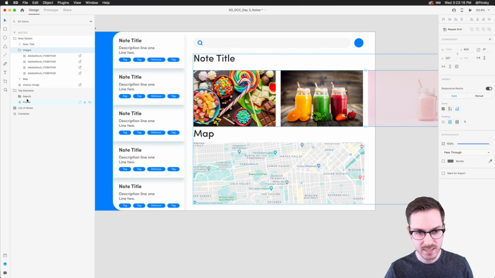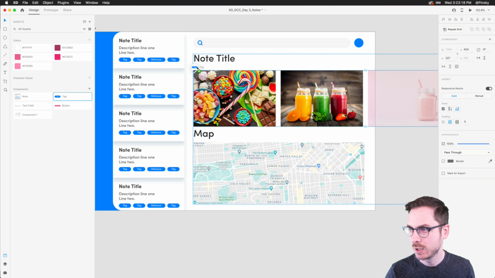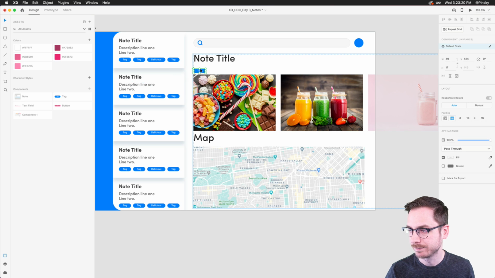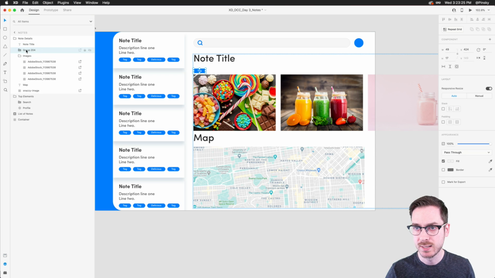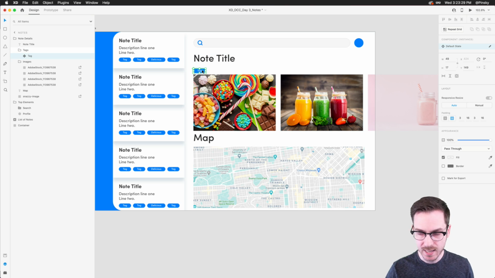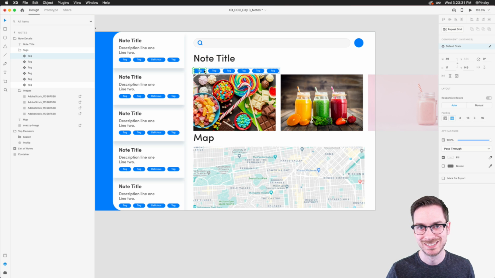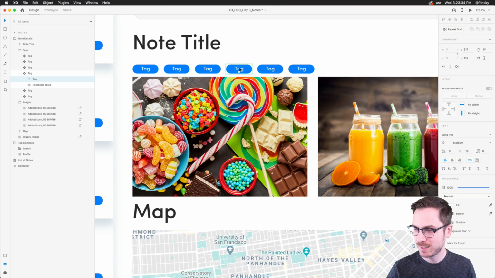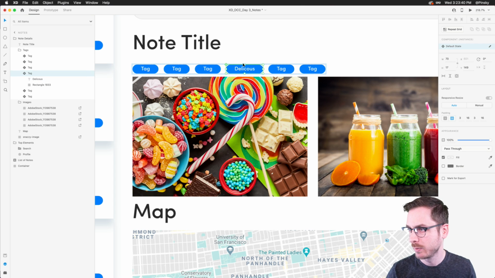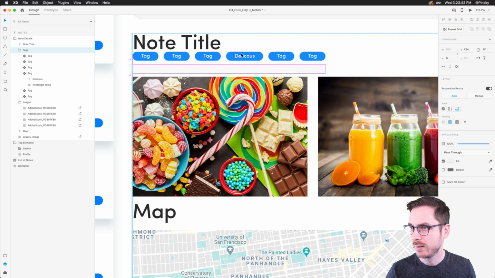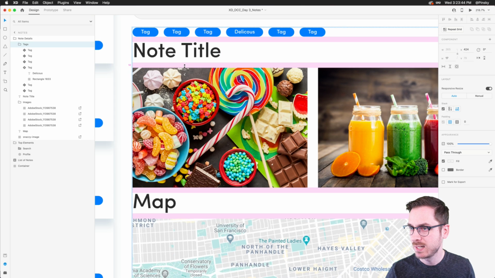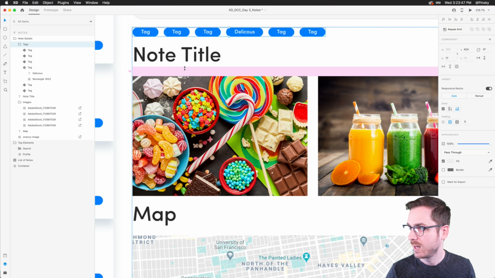So what I can do is inside of my assets panel, I can just drag out a tag, right? And it makes some room. Hop over here, let's put this into a group, call it tags, turn on stacking, grab the tag, and boop, boop, boop, boop, boop. Right? It's so fast, it's so cool. And I can just name this delicious, I can't spell, it's probably not how you spell it, but we're gonna run with it. I can move this up, adjust the spacing if I needed to, and we've got a pretty nice looking note.